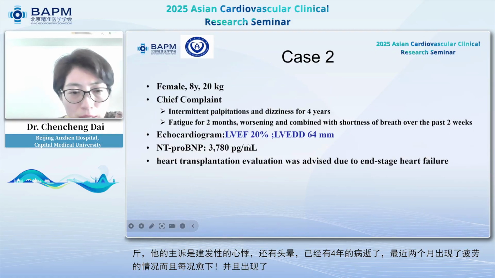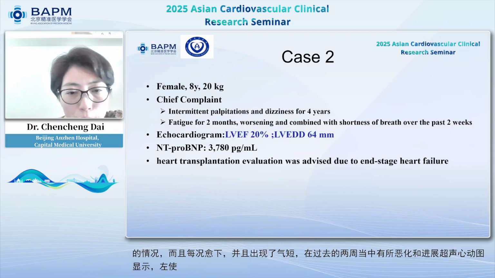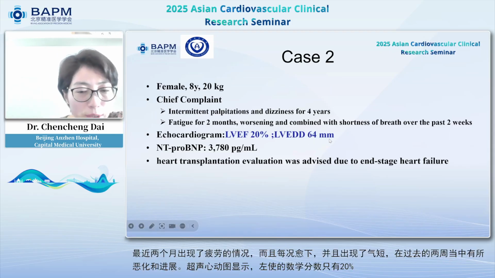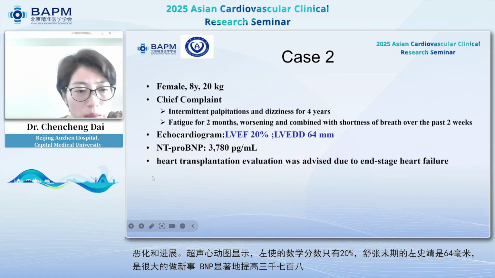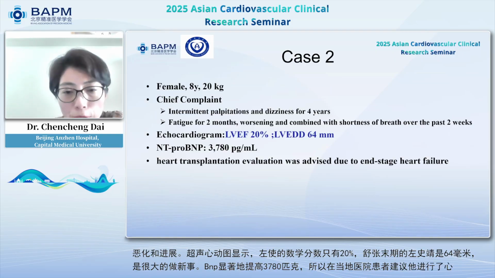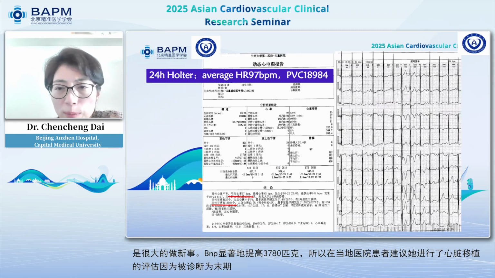Echo shows left ventricular ejection fraction is only 20%, and LVEDD is 64 millimeters. It's quite huge. BNP is significantly increased. So in a local hospital, she was advised to have a heart transplantation because of end-stage heart failure. When the girl came to me,